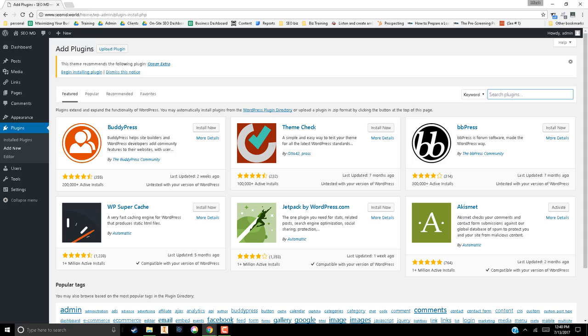So let's jump back into the website that we built yesterday. And so this is the plugin section. When you're in the dashboard, you'll just highlight over plugins. They'll pop out to the side, and you'll click Add New. It'll bring you to this section. So then we'll come over to Search Plugins, and we'll just type in